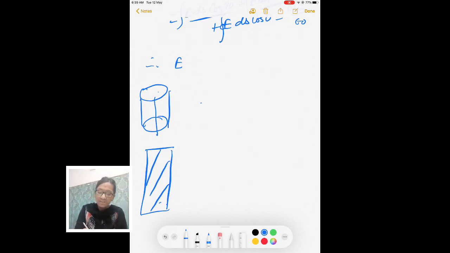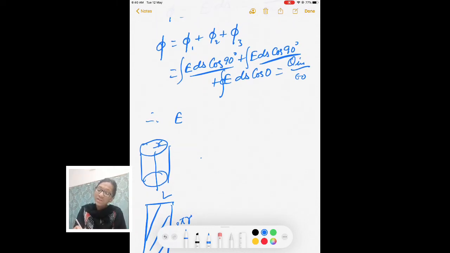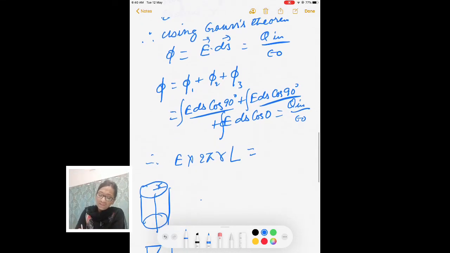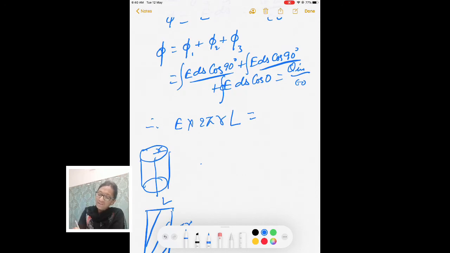When it opens up here with radius r, this length will become 2 pi r, and this is taken as L. So your surface becomes equal to 2 pi r into L, and this is equal to your charge enclosed Q upon